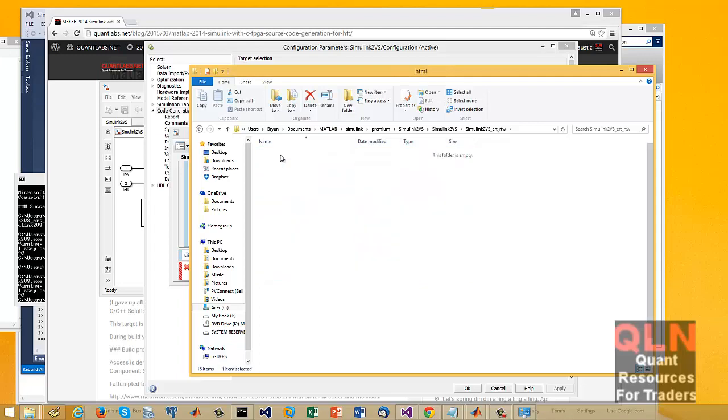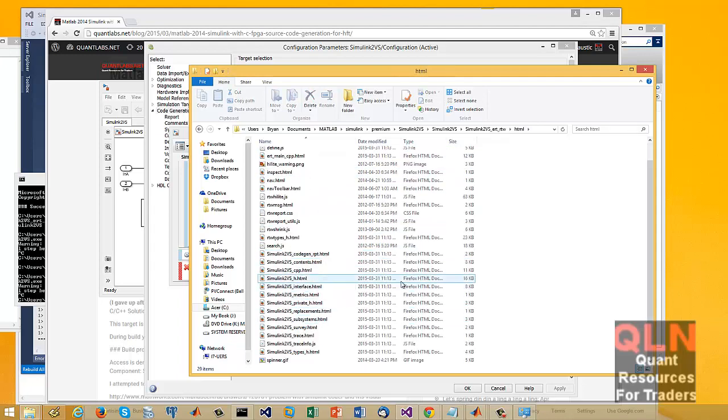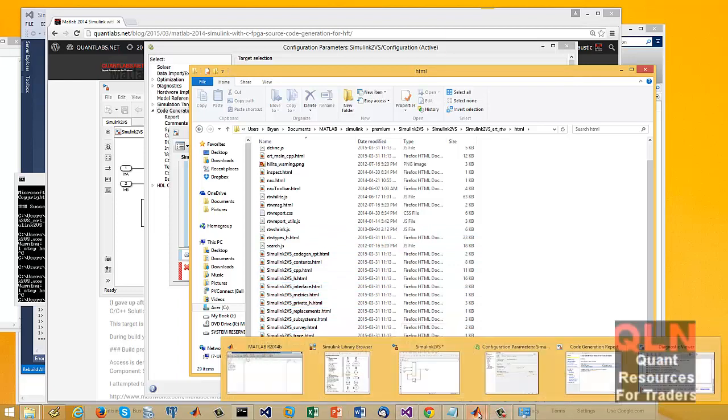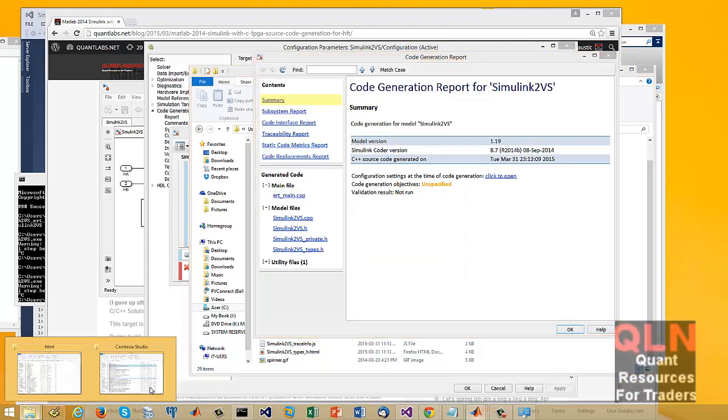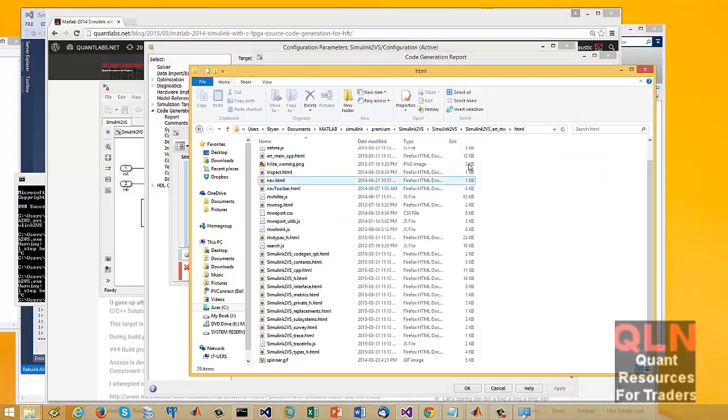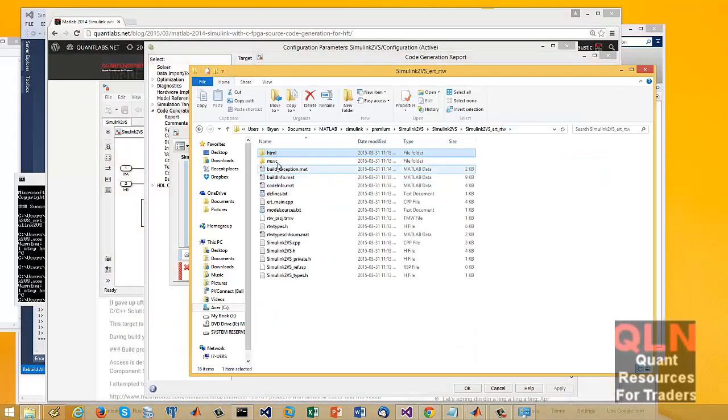The cool thing is there's also some HTML that's generated to show you how, basically, the report I just showed you, which is here, the Cogeneration report. This HTML is pretty well that in a nutshell. But the cool part is, look at this,